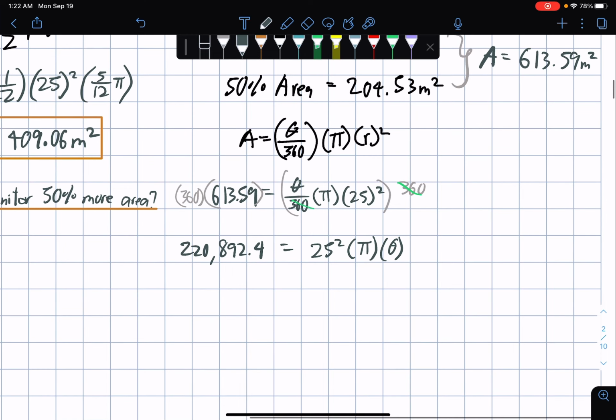Alright, divide both sides with 25 raised to 2 pi. So we cancel. So theta is equal to